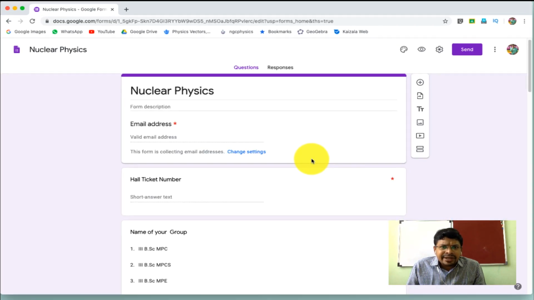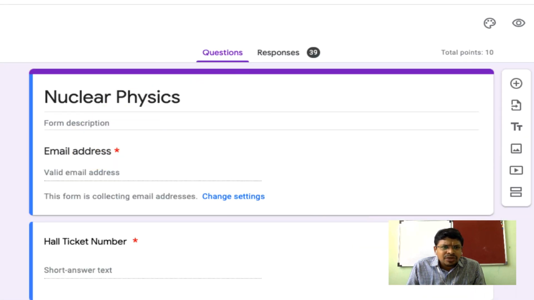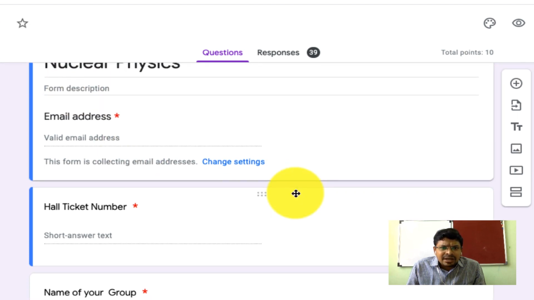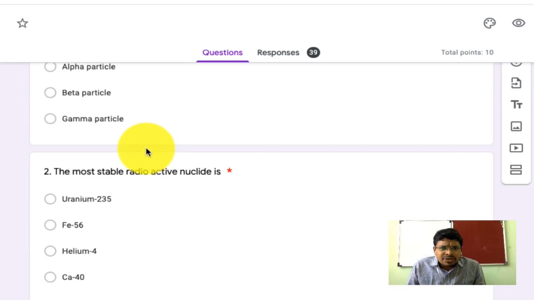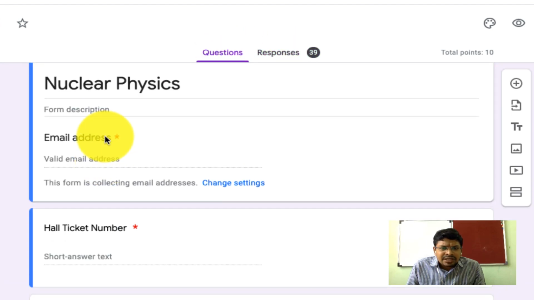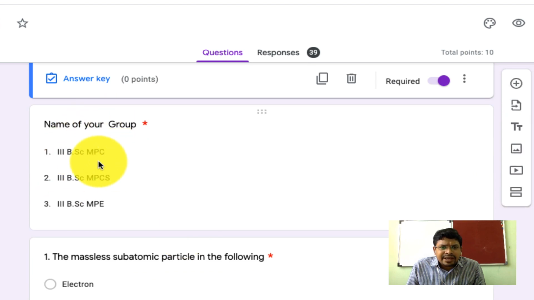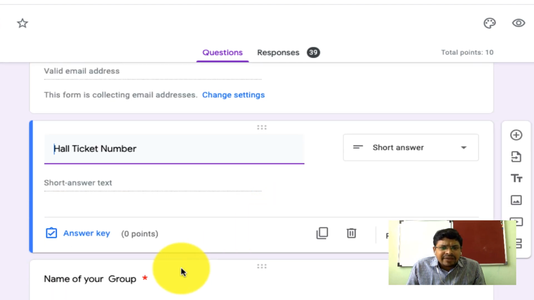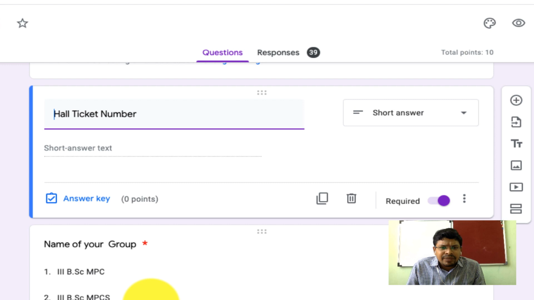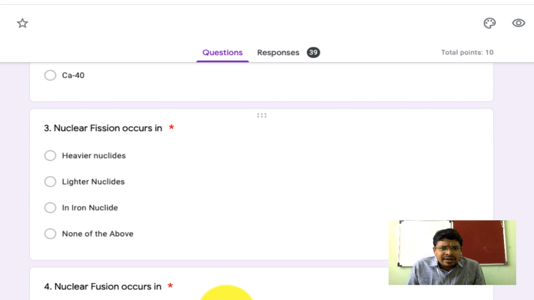So I have created this Google Form for BSc final year students. The topic is nuclear physics. Here you can see the responses. Also you can see here there are 39 responses. So you can take the email address and their hall ticket number and name of the group like MPC, MPCS, MPE, as our college is having three types of groups in BSc, and their hall ticket number and like that.